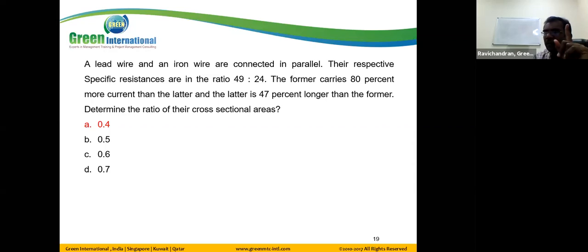So we have a formula R is equal to rho L by A. They ask the value for A. So out of 4, to find A, we need to know, we know resistance,